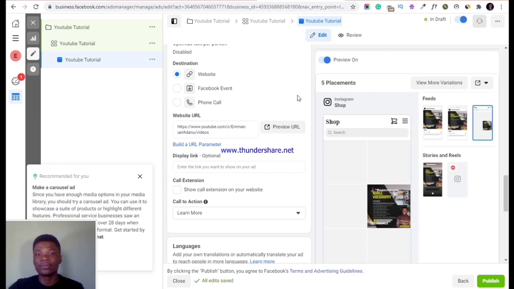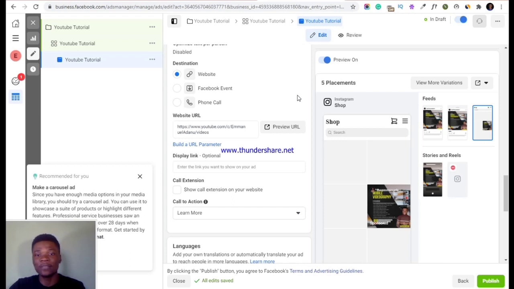So your product is very important. The product you are selling, how you are selling it, the ad copy you are using, the ad creative, the image or video, whatever you are using. Then the targeting, you must get your targeting right. Then for the budgeting, if you are starting a new campaign, normally it will take time for Facebook to really understand what your ad is all about and who are the people that should see your ad. So it's good to start maybe with a little budget, $5, and then with time you can scale it up to as much as you want